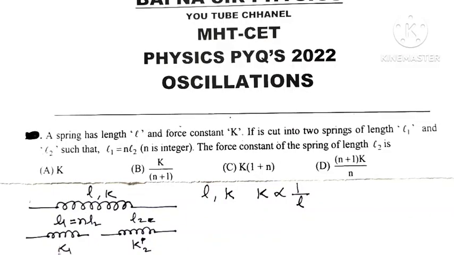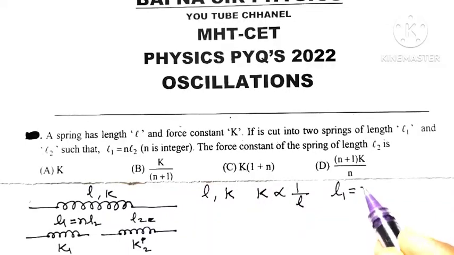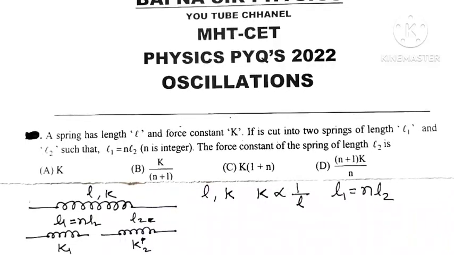is cut into two springs. One is of length L1 and the other is of length L2, such that L1, the length of the first spring, is equal to N times the length of the second spring, L2. Here N is an integer. Then the force constant of the spring of length L2, that means K2, we